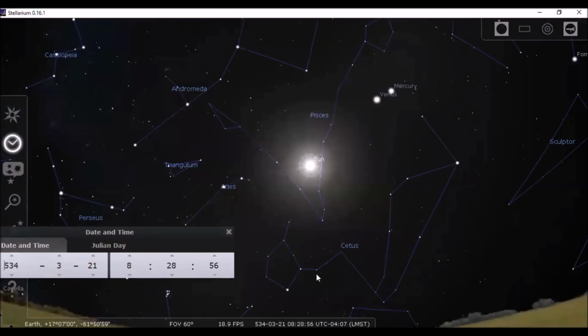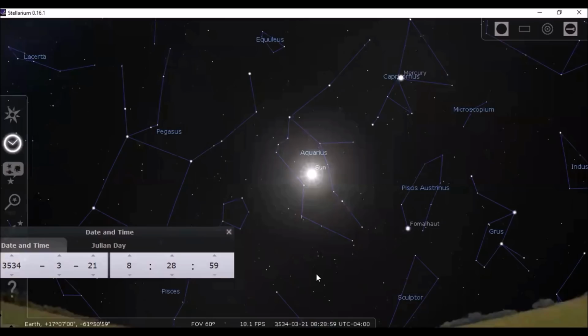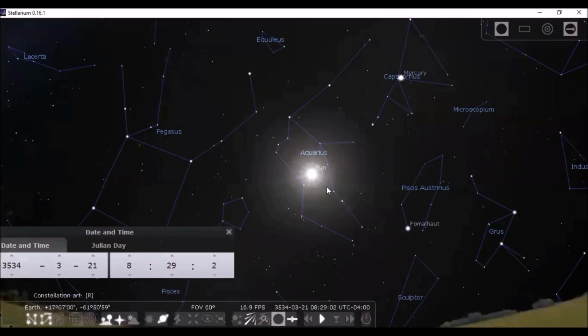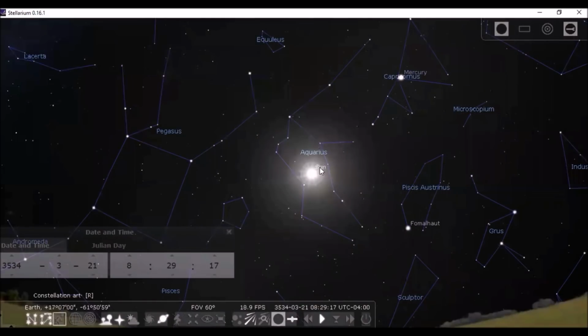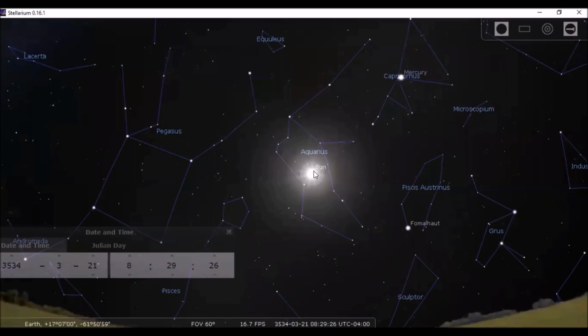Okay, so let's add 2,000 years to that. Here we go. That is the Aquarius constellation. The individual that is known as the water carrier, as you see him there throwing out the water. As you can see, the sun in the center there. Now, please follow me, audience. Let's get this good. This is in the year 3000, about 1500 years from now.